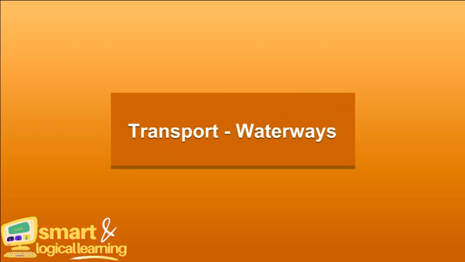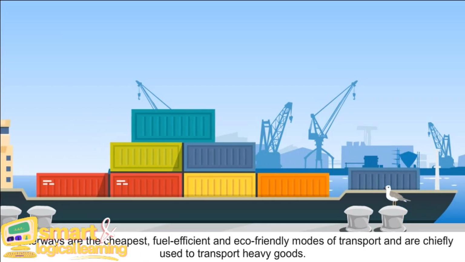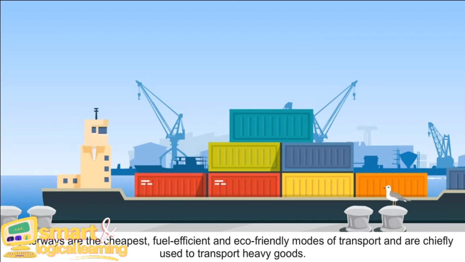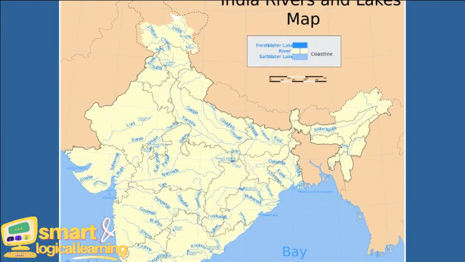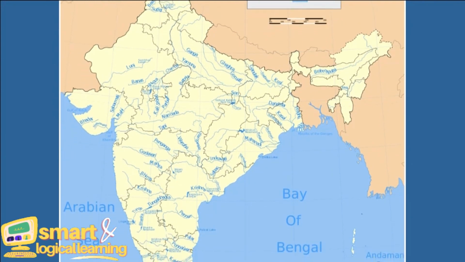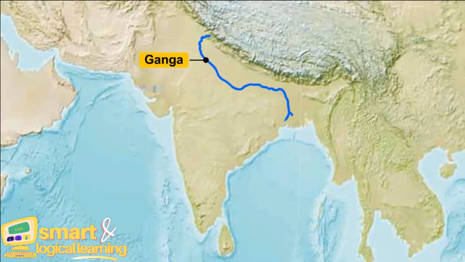Transport, waterways. Waterways are the cheapest, fuel-efficient and eco-friendly modes of transport and are chiefly used to transport heavy goods. Government had declared 5 waterways as national waterways. 1. Waterway 1. The Ganga River,